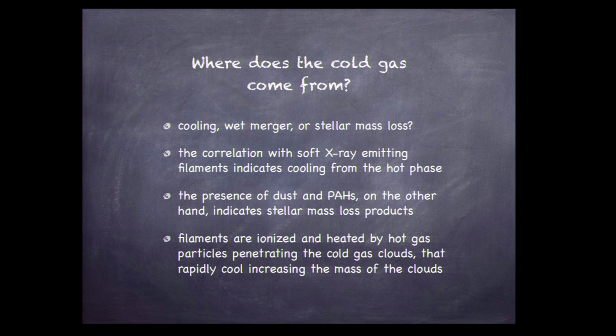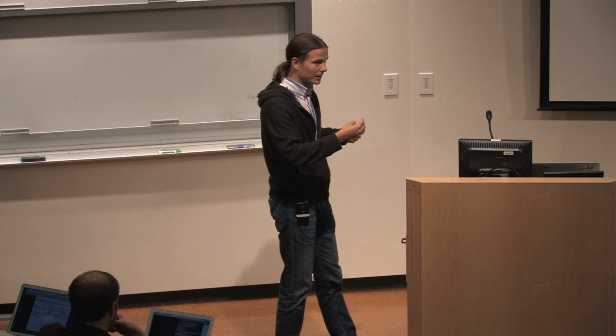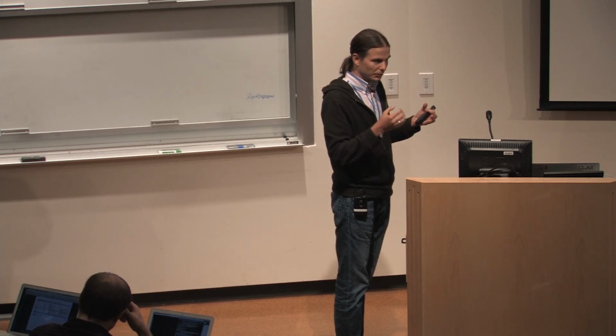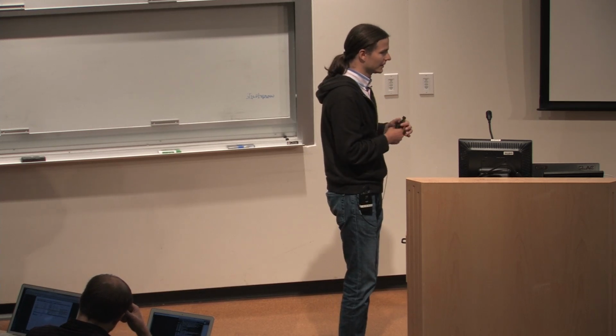My instinct says no, and therefore I think that the likely origin of this cold gas is cooling from the X-rays, and then this cold gas is being enriched by dust and by additional cold gas by stellar mass loss. And within these cold gas clouds, there is not much sputtering, which would normally destroy the dust if it would be just outside of these cold gas clouds.